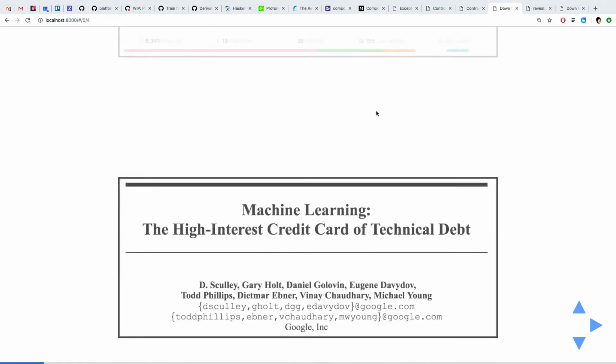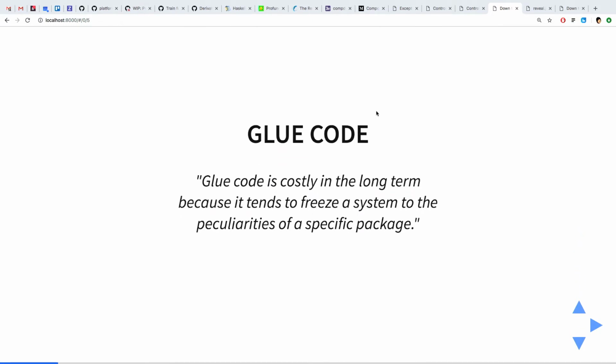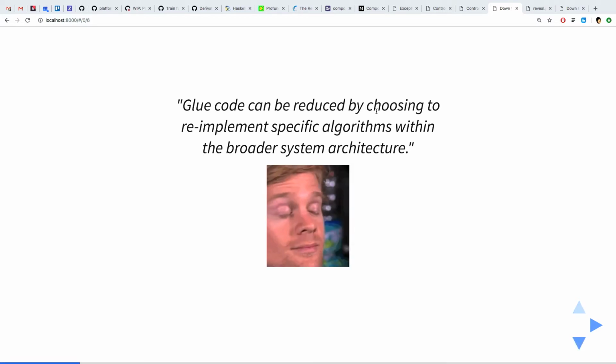And this problem's been actually described before. This is a paper many of you probably heard of or read, and they outline this problem, referring to it as the Gluecode antipattern. And they define Gluecode as the code that you build up to get data in and out of general purpose machine learning frameworks. And interestingly enough, they have a recommended solution to the Gluecode problem, which is you should just re-implement the machine learning algorithm in your language of choice, in your architecture of choice,